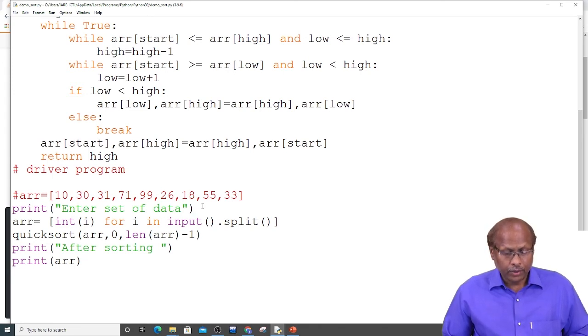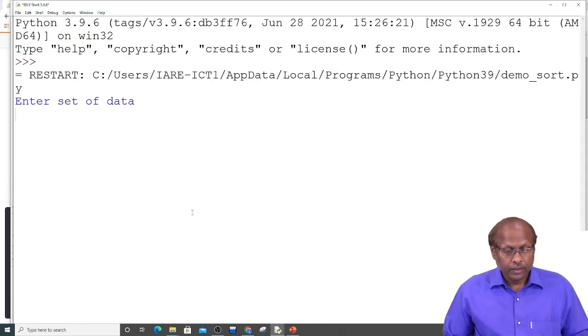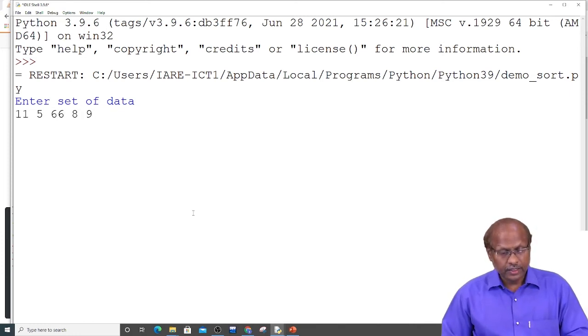And while reading data, you have to give a space between the values. F5. Enter the set of data. 11, 5, 66, 8, 9, 21, 87, 52. Assume this is the given data.